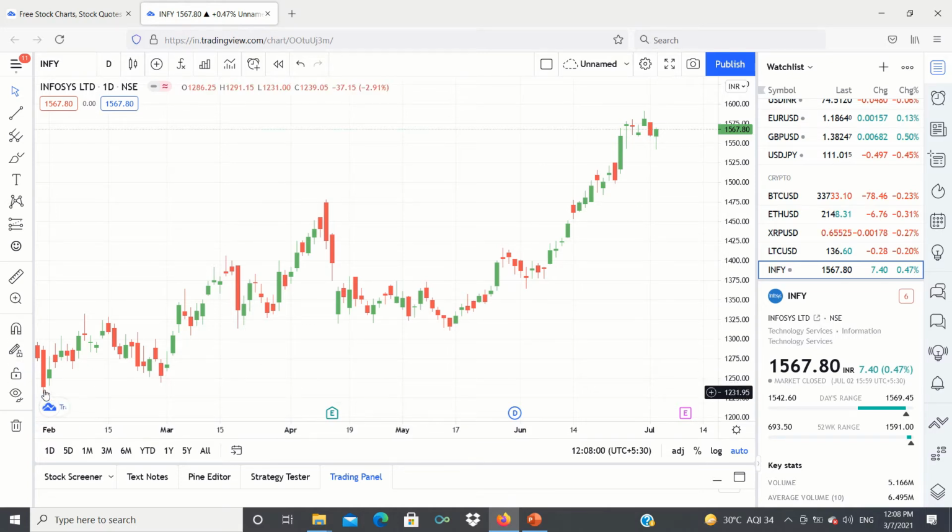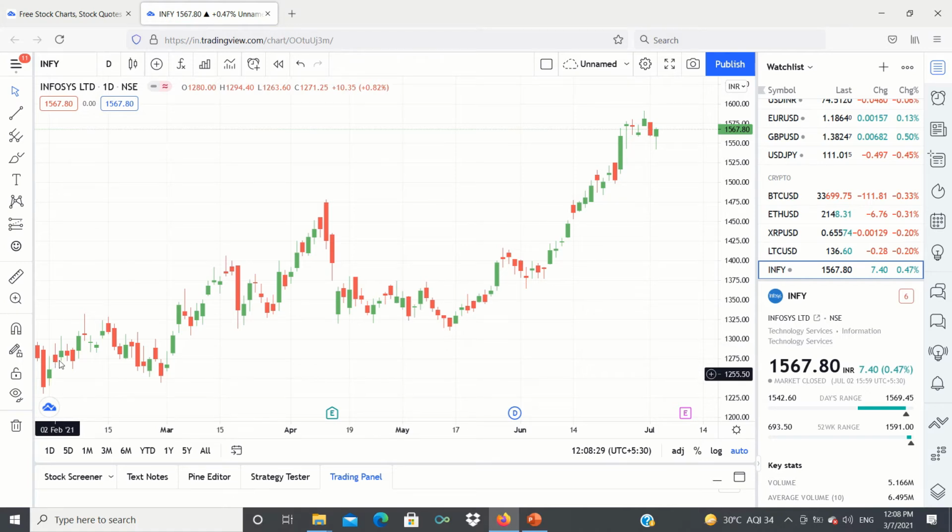I am starting from the left. If you see in the beginning, it's a red candle, which means you right away know it is a bearish one. Then the second candle is also a bearish one, but if you look at the size of the body, it's a very big candle. This is bearish, this is bearish, but this one is a bigger bearish day compared to the previous one. Next you see a green candle.